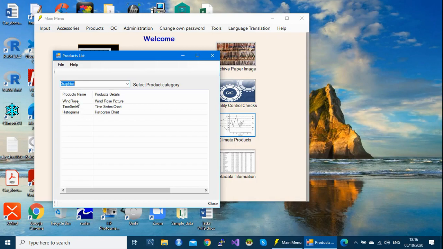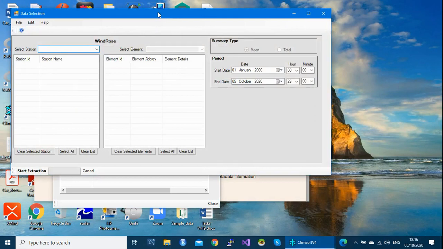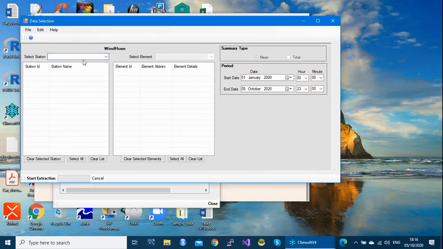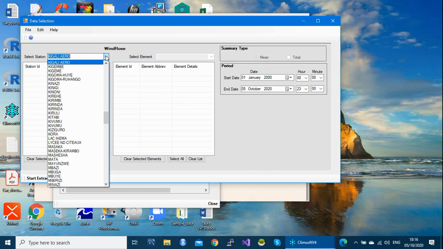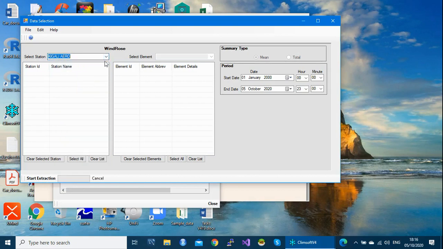By clicking, for example, on windrose, it will open this dialog whereby you need to specify the stations. As I said, you type the initial and click on the drop down button to help you select the station you want. Elements, the system will know the element which will be used to draw the windrose.